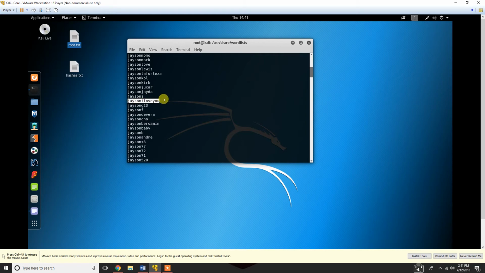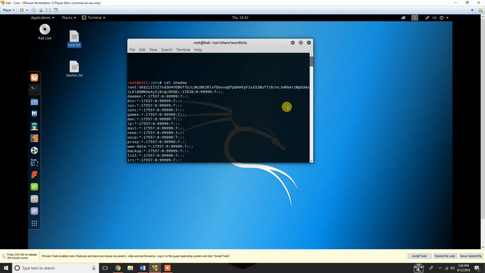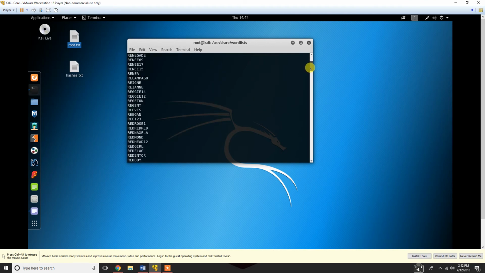What it'll do is it'll convert this password into the hash, compare it to the hash file, whatever you've specified, and it would return back to you, okay, this is the password where the hash is matched, so this is the password. Okay, now if you look at this list, password should be pretty low on this list,